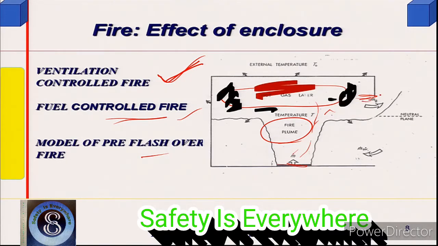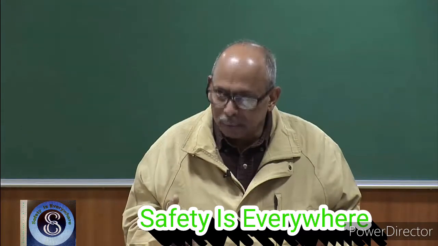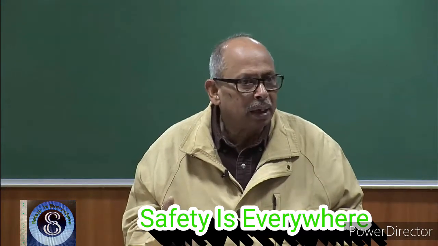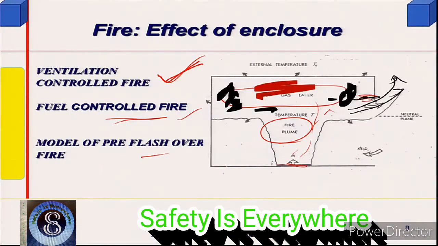So, it will accumulate up to this point, and then what will it do? Once this is accumulated up to this point, it will now start going out, because hot gases have less density, temperature high. So, we will model it also, do not worry, a little bit of equations you will like it. So, hot gases go out to the top, but what happens is, to sustain the fire,